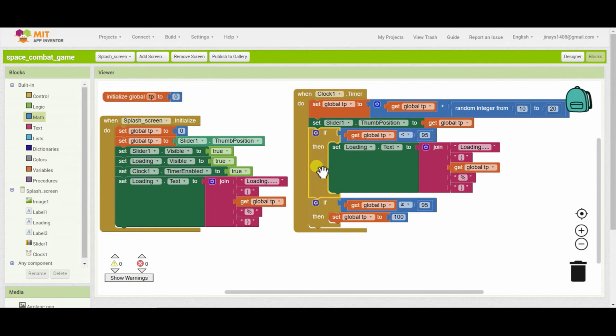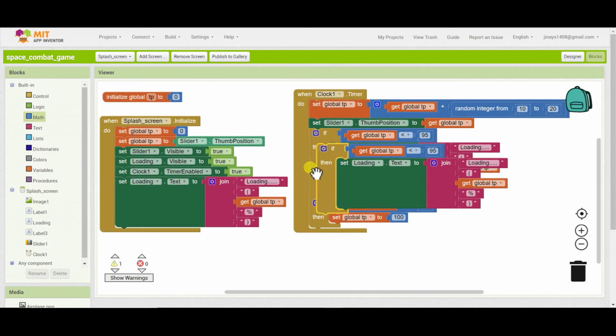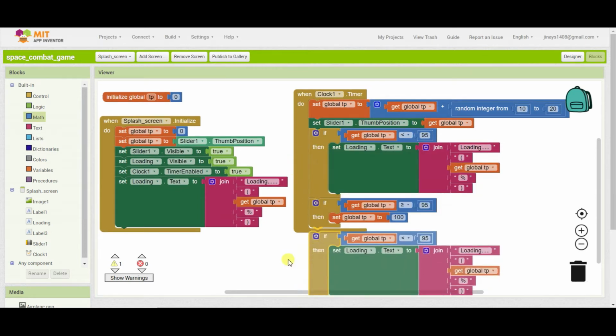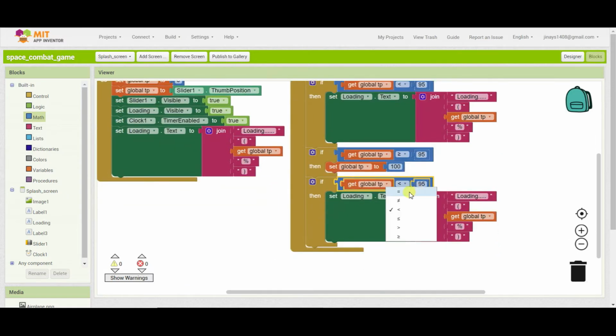And the last thing which we will add here is that if this global TP is equal to 100, then we have to print here completed.